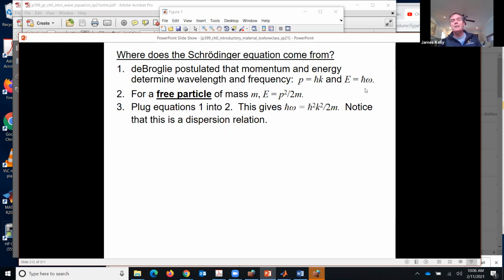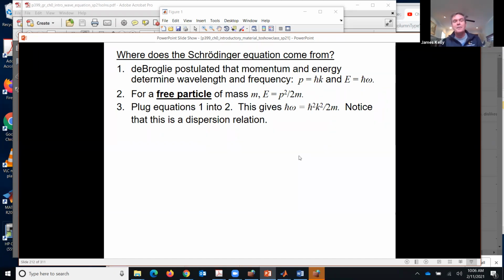Let's substitute those in. Substitute these into just E equals p squared over 2m for a free particle. That gives h bar omega equals h bar squared k squared over 2m. And that is a dispersion relation. Notice it's a relationship between omega and k. It's going to tell me something about the phase velocity of the waves that have associated wavelengths here for traveling